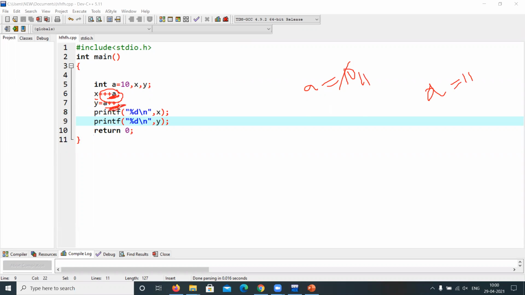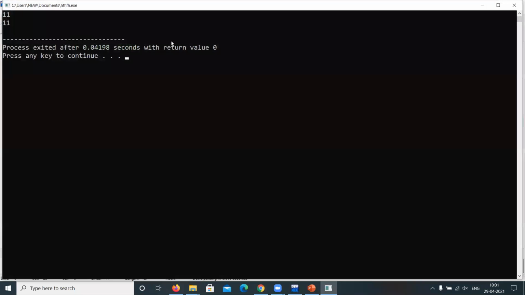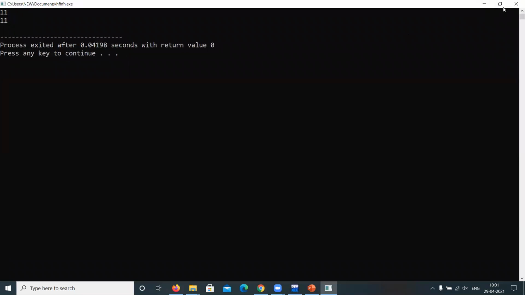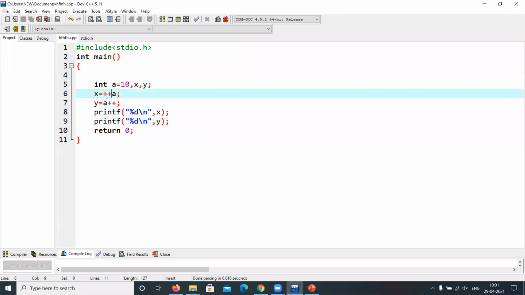In this case, first the value of a will be assigned to Y, means Y will be assigned 11 and then the increment operator will be applied, means a will become 12. So the answer will be 11, 11 only. Now observe whether it will be same or not. 11 and 11, right?